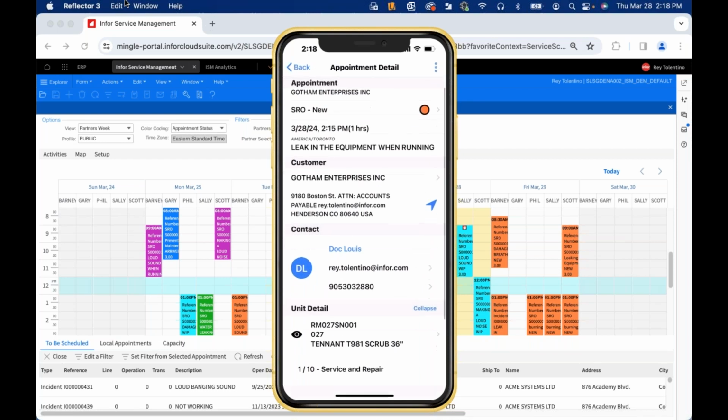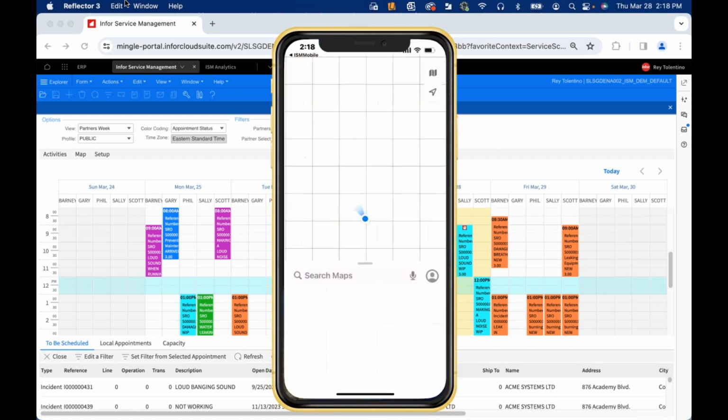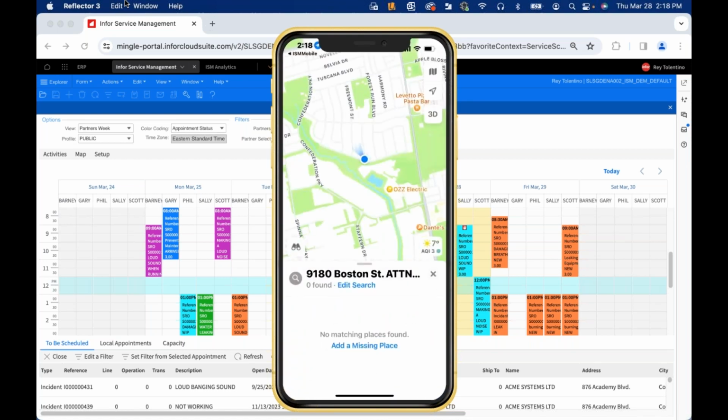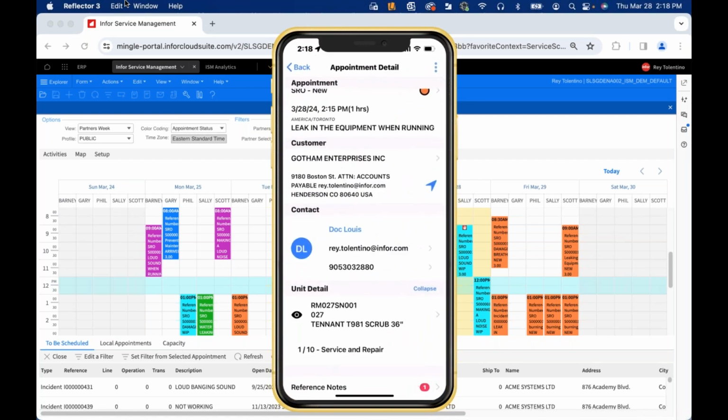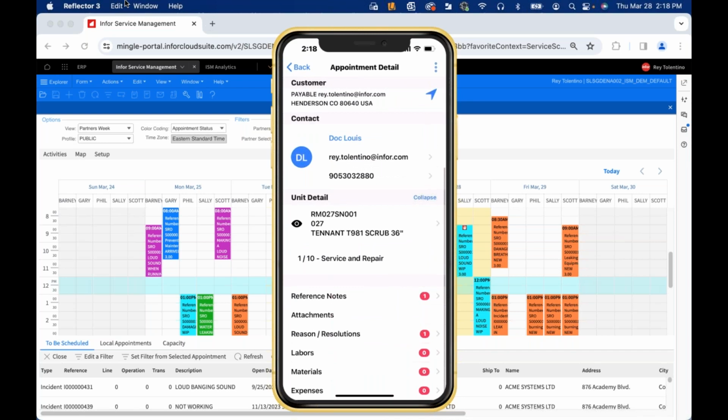Going back into the work order now, I can see the address for the customer. So if I'm traveling to the customer site, I can simply tap on the address. It actually triggers the GPS app on my mobile phone and gives me directions to get to the customer site. I can also see, of course, the detail of the information on the unit that the customer is asking